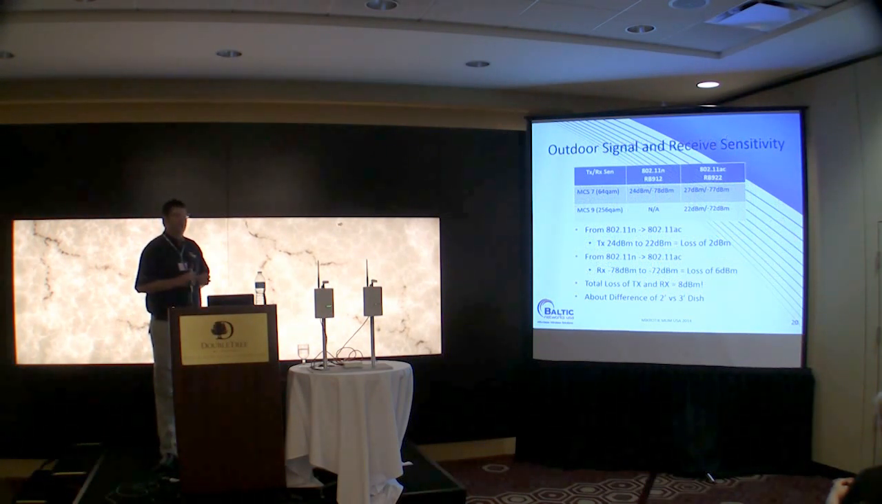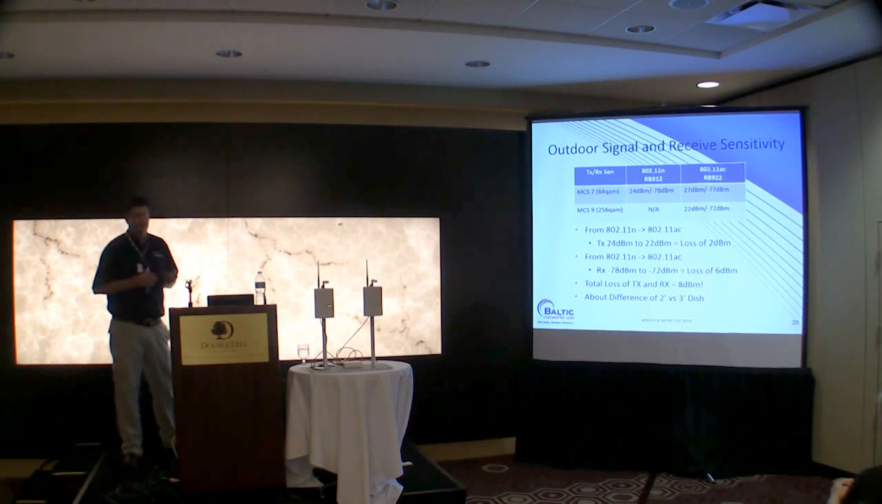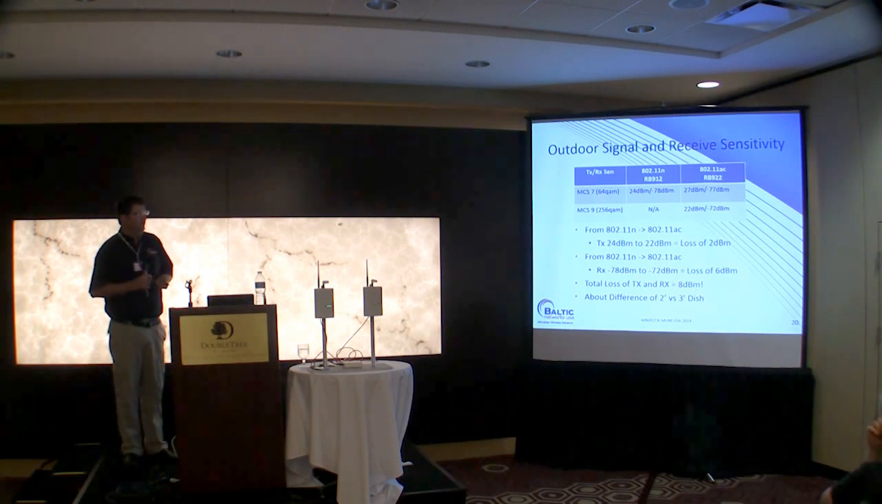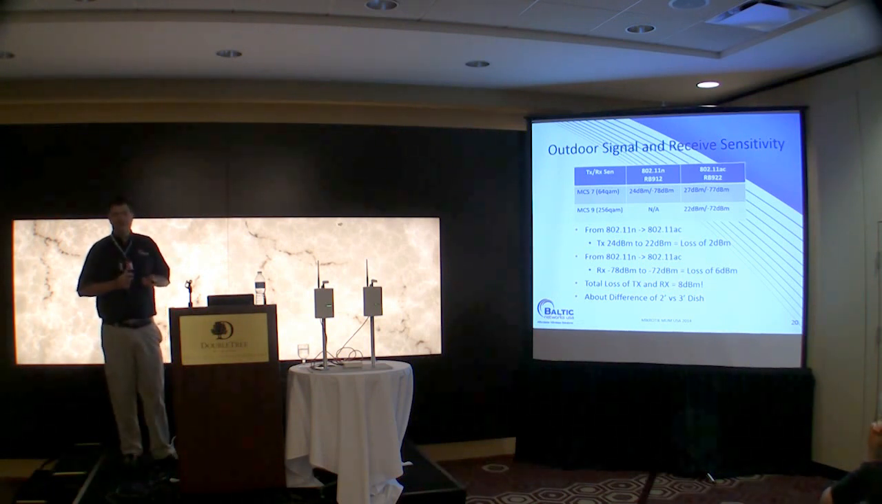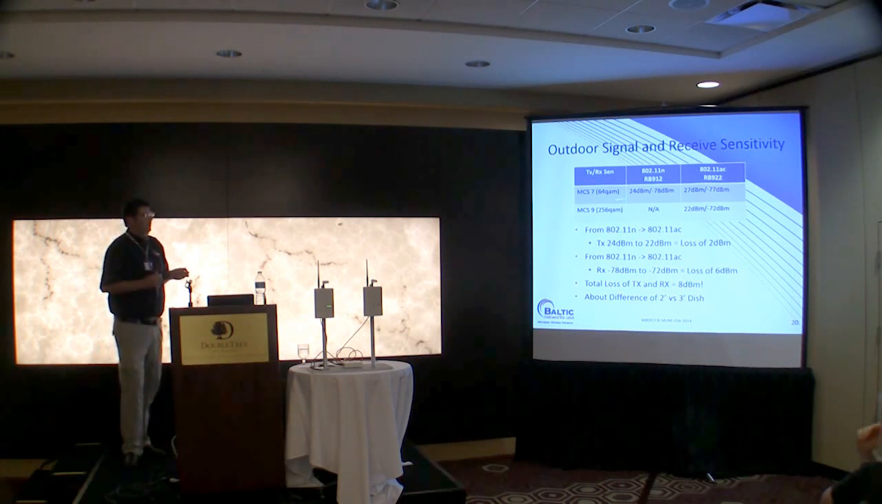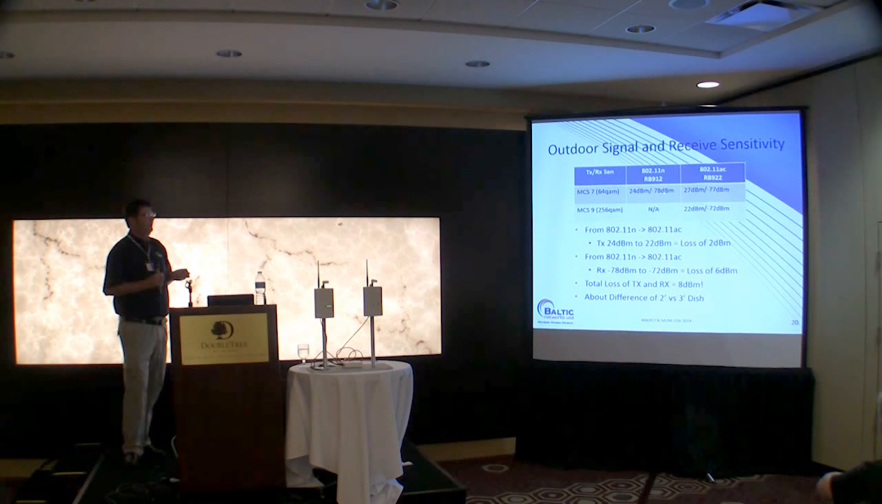So, outdoor signal and receive sensitivity. Let's cover a little bit about what happens if you were to take, let's say, a 912 board, which is an 802.11n board on a point-to-point link, rip it out and put in a 922 board. What are you going to have to do to make that thing work and keep it running at full speed? So with our 802.11n MCS7, the N board would have a transmit output power of 24 dBm